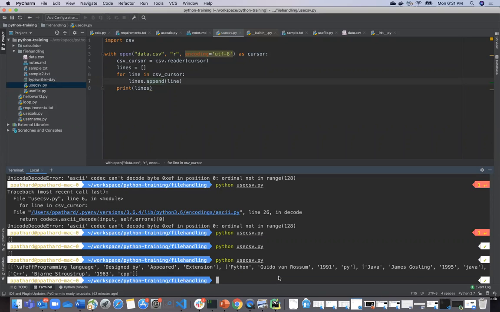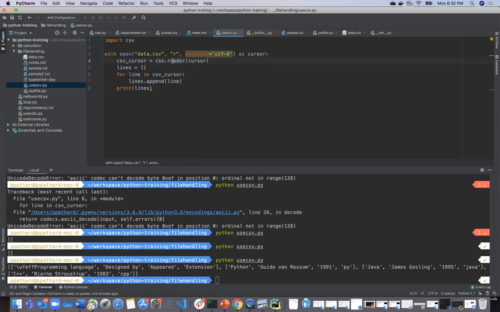Now we have found some characters which are not ASCII type, so we needed to use a new format called UTF-8. Right now there is a UTF-16, also UTF-32 as well. So I'm going to just encode whatever content is coming via UTF-8 and read it, and I'm just printing it. Okay. So now you're able to read the CSV.